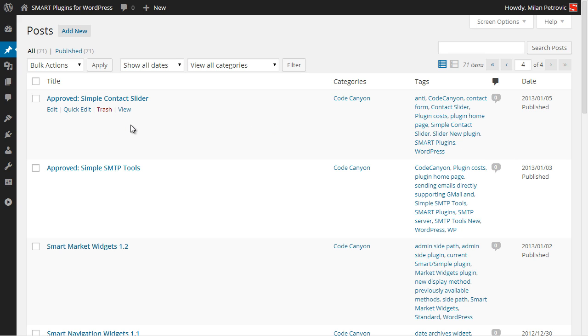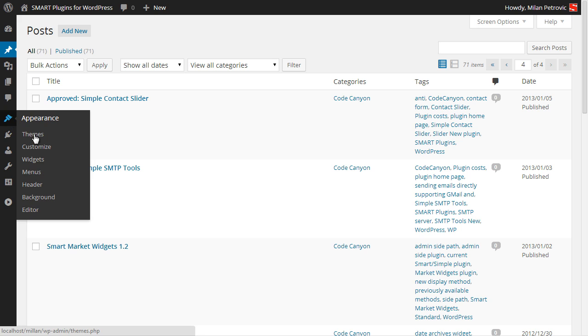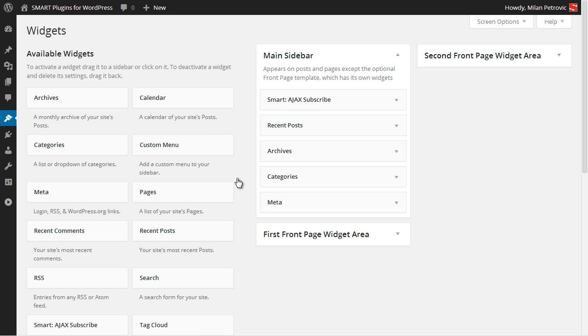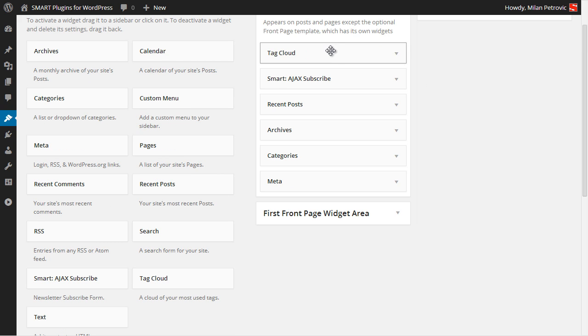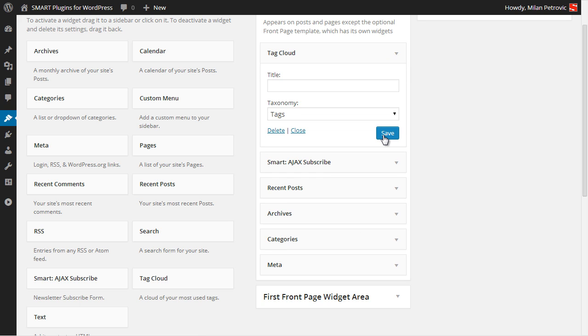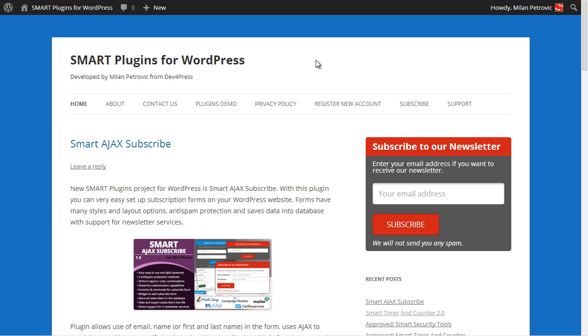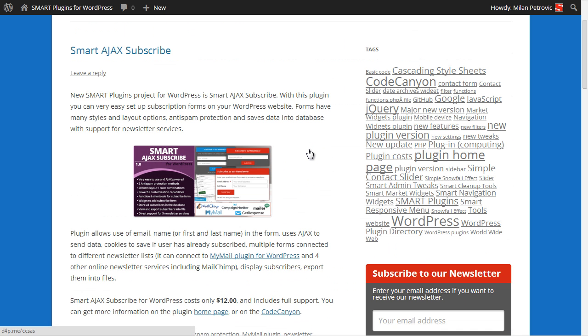And as you know, the tags will generate archive pages. So if you go to your widget setup and add tag cloud, if we open front page now, you will see something like this. This is most used tags cloud. There are other plugins for this, and you can try them, but this is the basic default tags cloud plugin. And the larger the tag displayed here, the more posts it has.